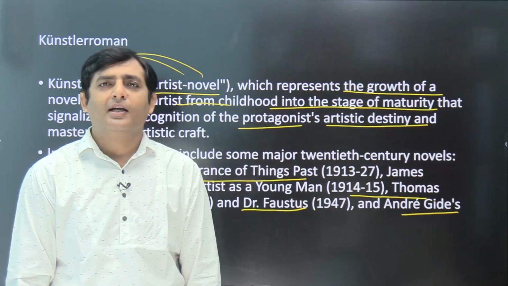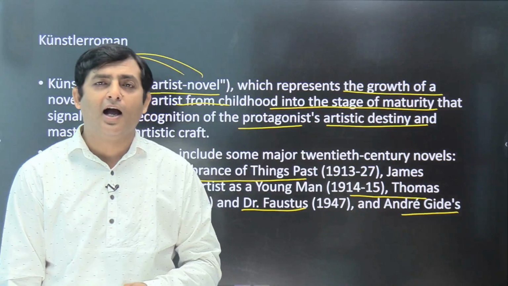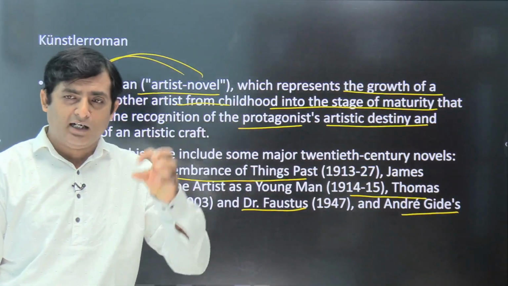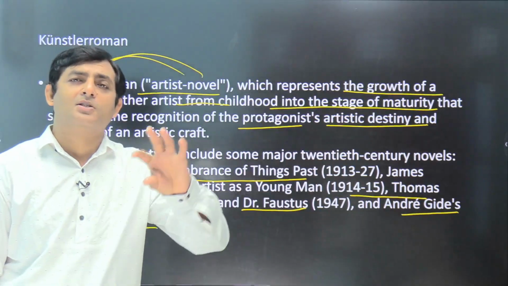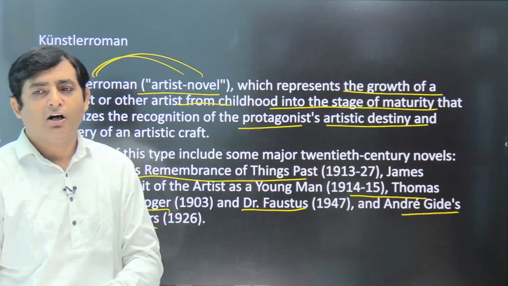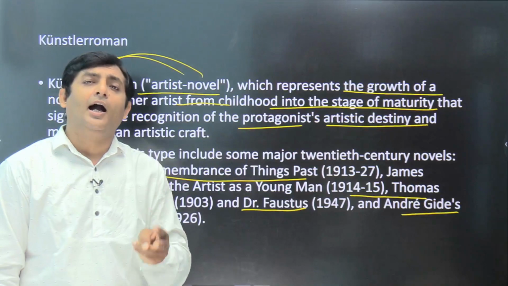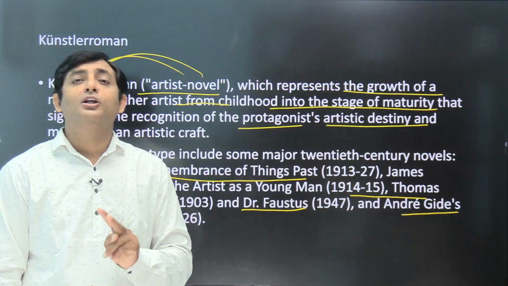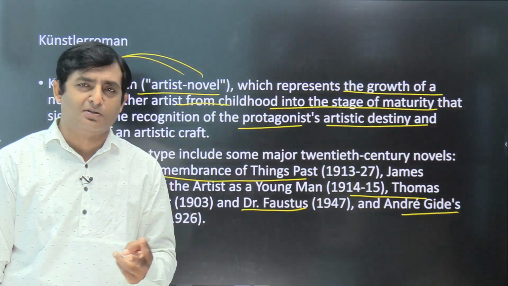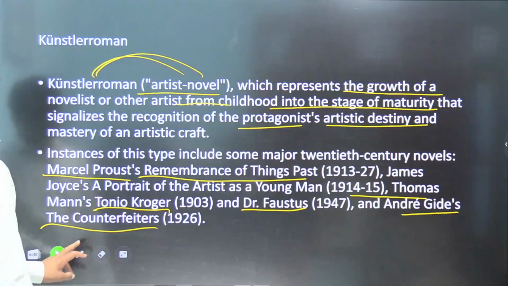Virginia Woolf's To the Lighthouse, Mr. Ramsay's family, Lily Briscoe, this is an example of Künstlerroman, the artist's novel, where a child develops into an artist. That is the story of Künstlerroman. All right, these are the two German terms, Bildungsroman and Künstlerroman. Now I come to the two French terms, novel with a key and thesis novel. Novel with a key is known as roman à clef.